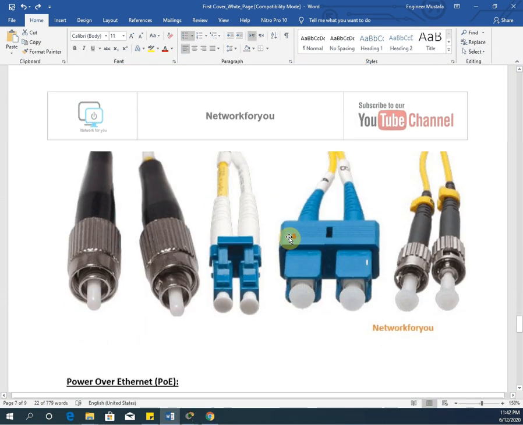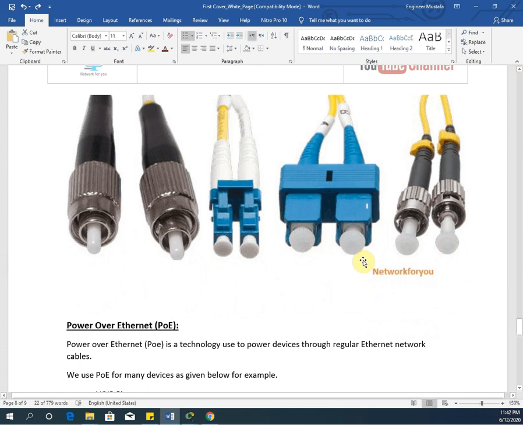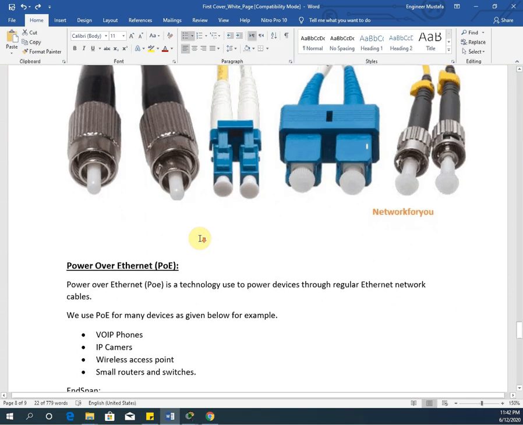I will show you these are the different types of connector, depending upon your router and switches, whatever the fiber connector you have, we are going to use this one. Just after watching this video, you have the standard book for the CCNA. Try to review that one, or type in Google and get some idea about the pictures, how it looks. We just have the theory, so we need to look at that.